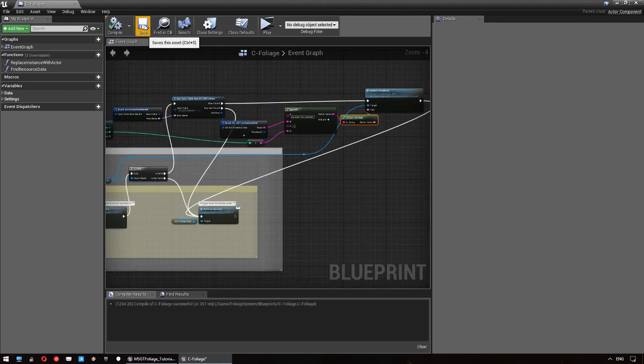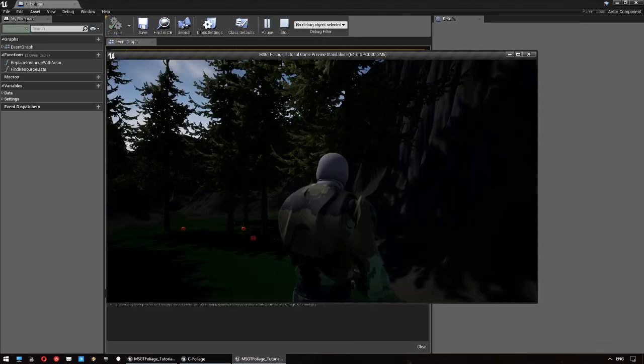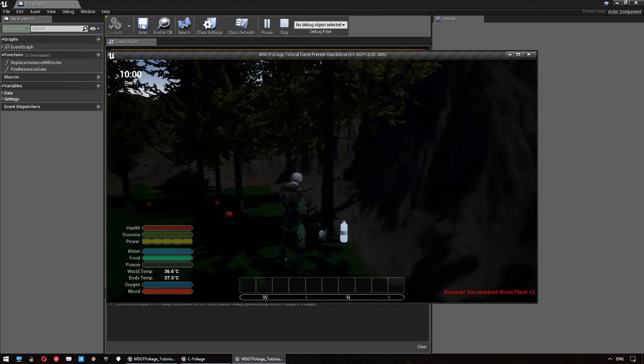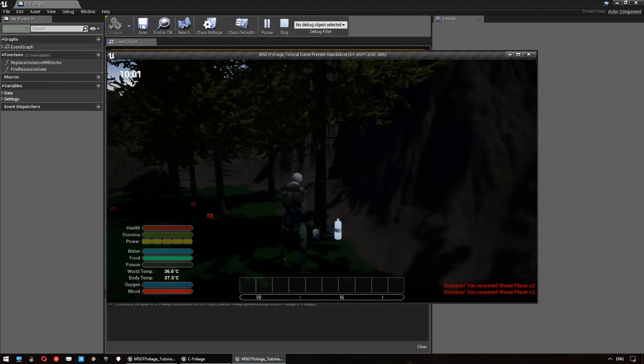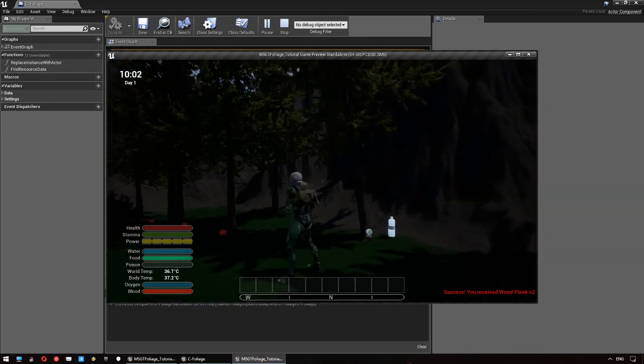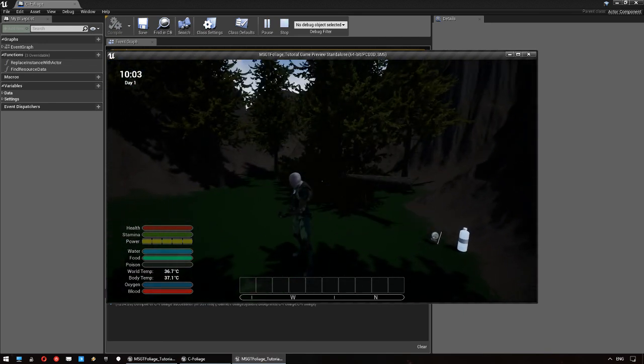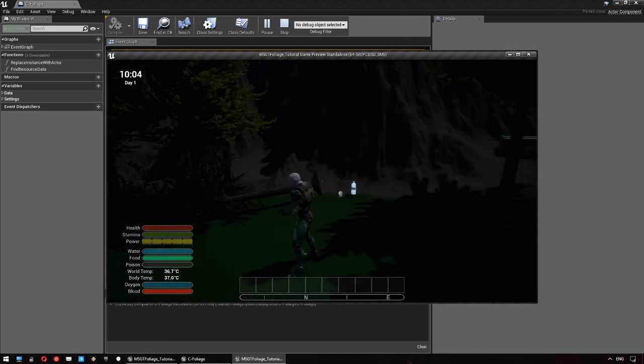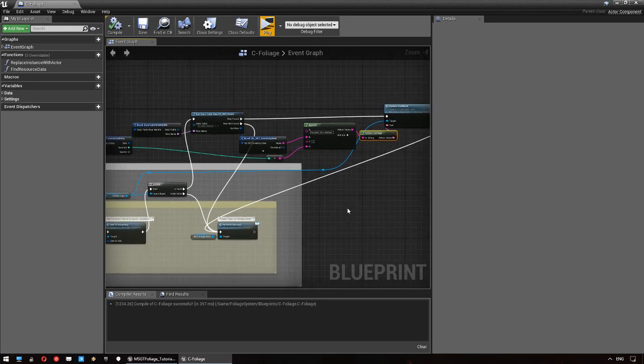So the end result of that is that now when we interact with a tree, you see it says we received 2 wooden planks. And again, and again, and that tree is falling over. So that is that system all hooked up and ready. A little bit of lag. I'm not surprised, I've got 3 projects open and recording. But anyway, so that's the Interactive Foliage system